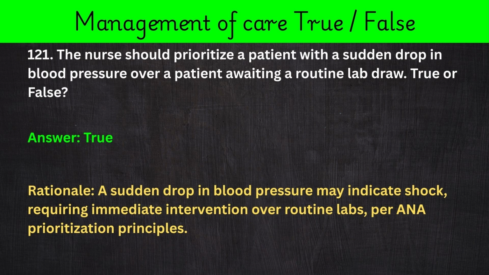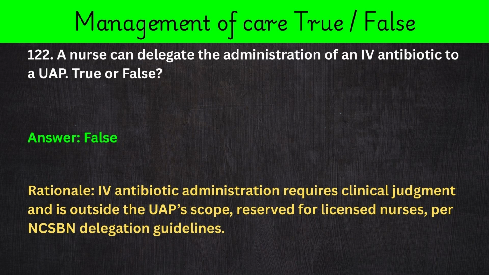prioritization principles. 122. A nurse can delegate the administration of an IV antibiotic to a UAP. True or false? Answer: false. Rationale: IV antibiotic administration requires clinical judgment and is outside the UAP scope, reserved for licensed nurses, per NCLEX-PN delegation